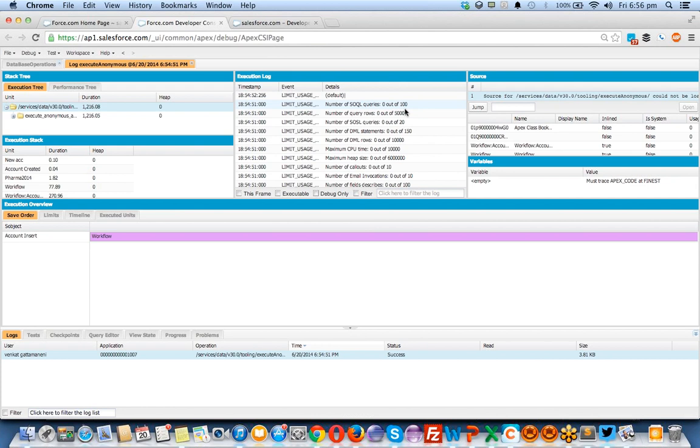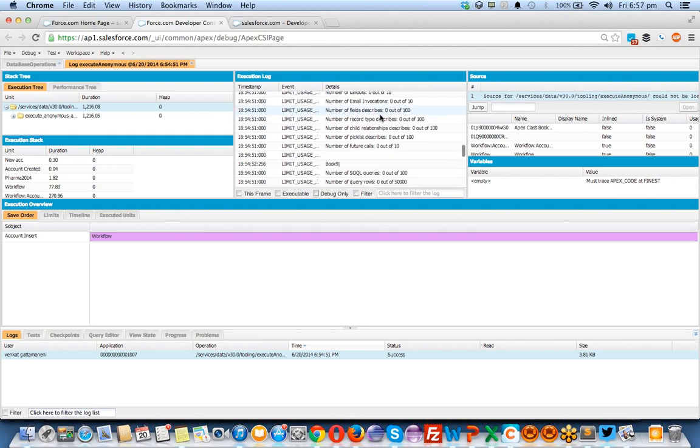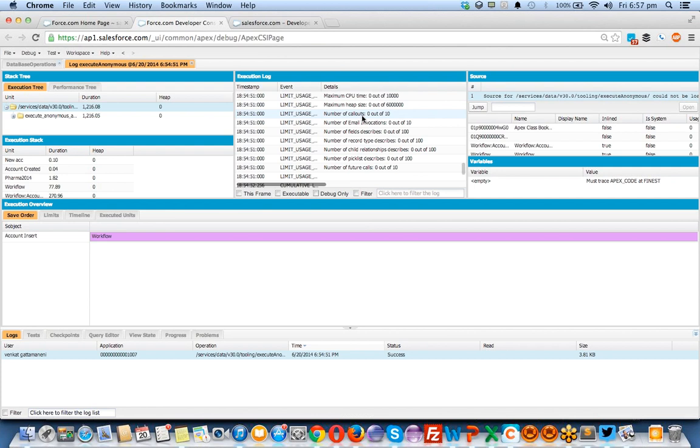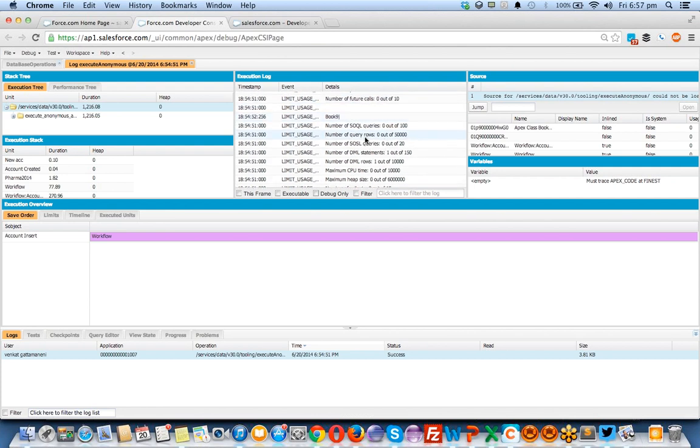Number of SQL queries executed in the system are 100. Out of it we have executed only one, sorry, zero. Let's come down. And the number of query rows. What is number of query rows? If you're running a query, you can get the results, right?